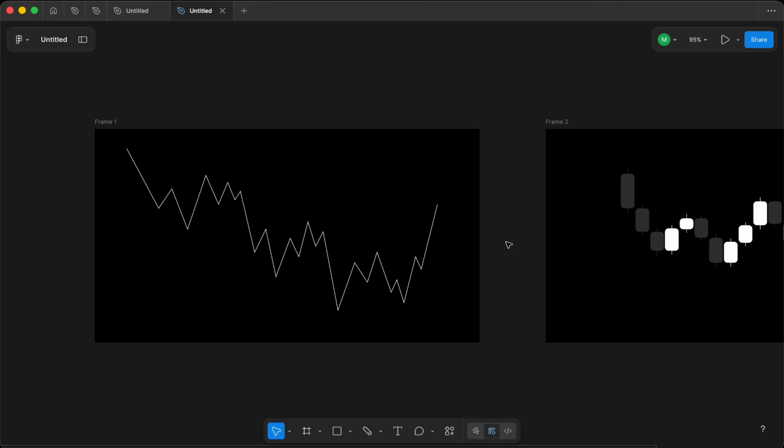From the point of view of the auction, inducement is a phase of accepting the current price. The market is temporarily in agreement with the current range, but this agreement does not mean the completion of the process. It means that the market is using this time to form conditions for future imbalance.